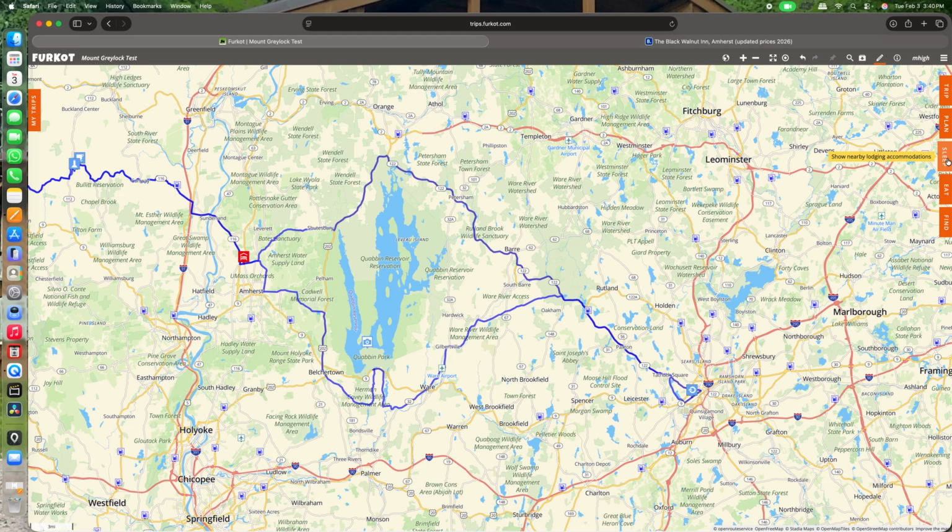When you see your plan and you say, "Oh my gosh, okay, well, it's 6 o'clock about here. We really need to find a place to sleep." Hit that sleep tab. It'll give you some ideas. And again, you can use Furkot to take it to Booking or wherever and do the reservations. I found it costs a little more, or you can just say, oh, okay, this looks really cool, and then use their website, or if you have arrangements with some other booking place, a membership, you can do the booking yourself. All right, that's a quick overview of Furkot, the web-based app that I use for ride planning.